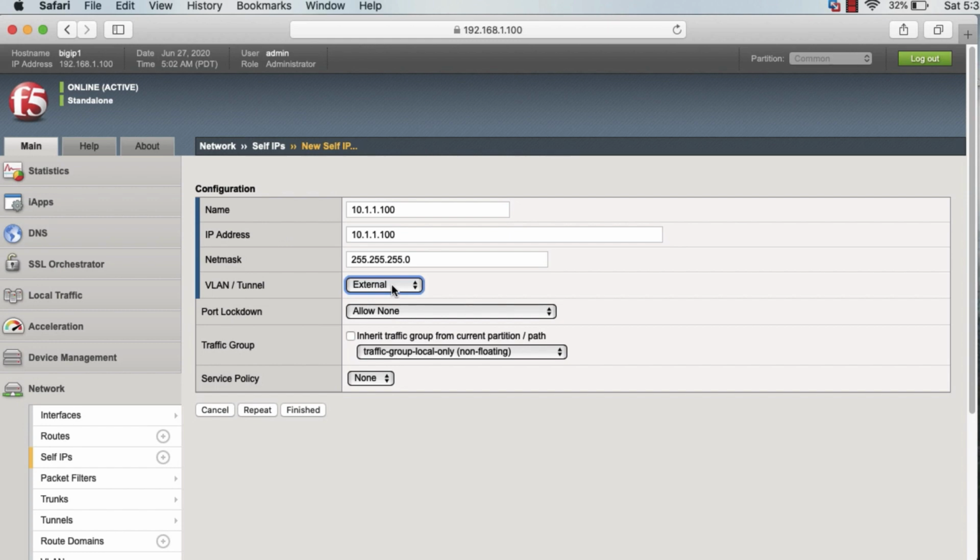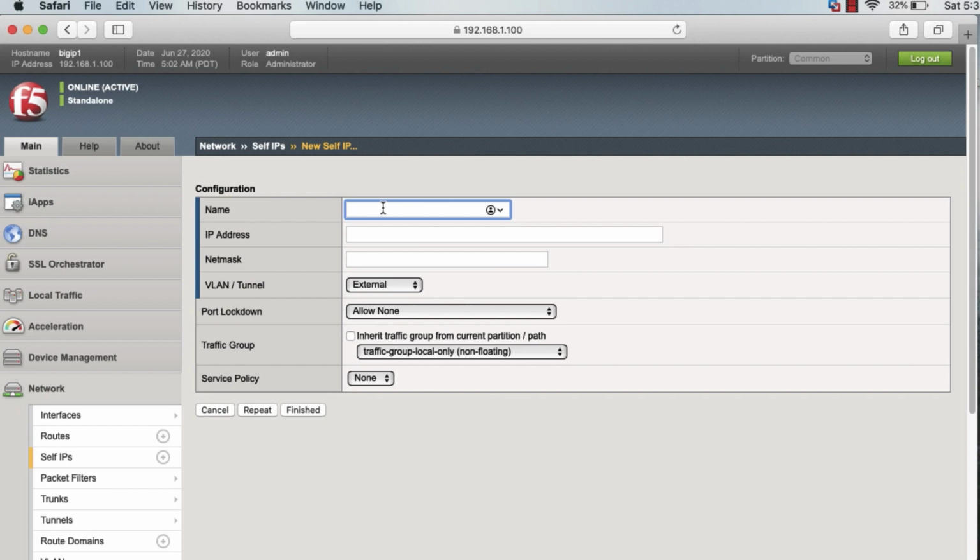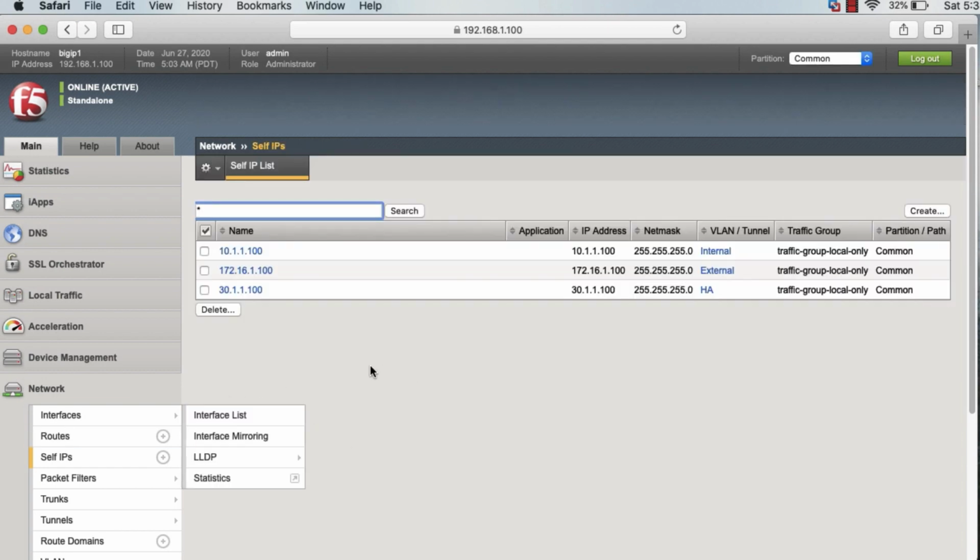And this one is internal. Finished. Third one is this one. This is for HA. This one will be high availability. Finished. So VLAN IP addressing is also done.